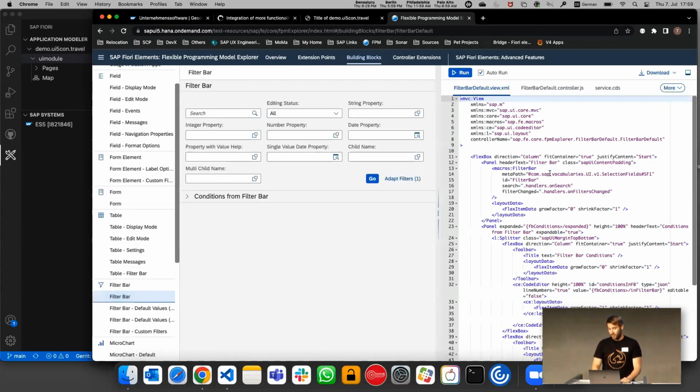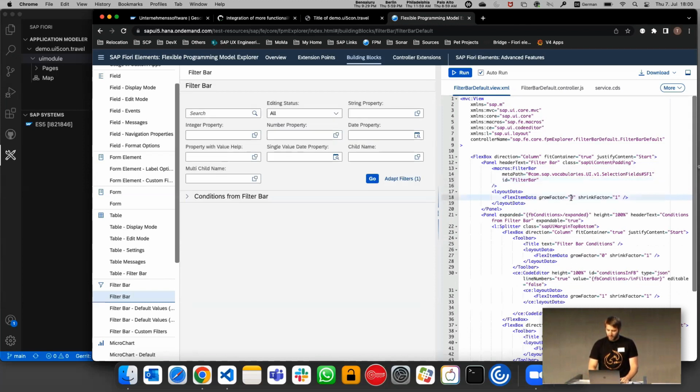You see the code here on the right side, and you see how it then would be rendered in the middle of the screen. And here you see the code that I actually need to have a filter bar working. I can also change the code, for example, remove these handlers here just to make sure that it will still work even without them. And yes, nothing is broken. So I can copy that beautiful snippet here,